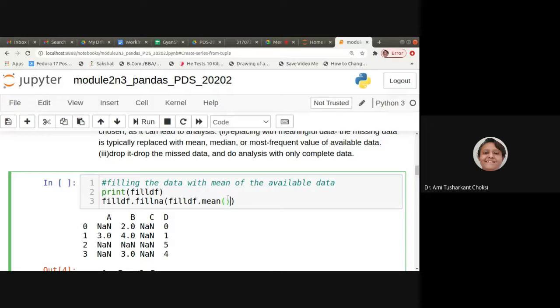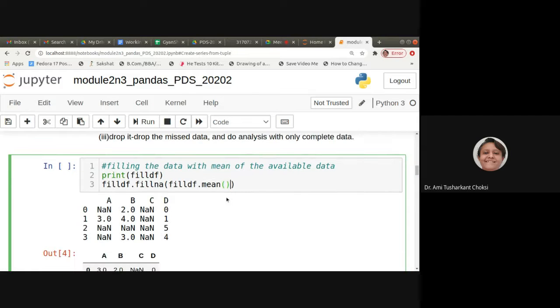Typically, people fill by the mean or median or most frequent value, right? So that's what we are doing here.